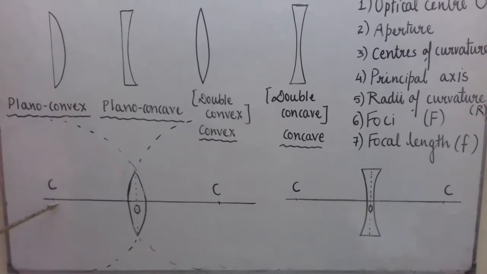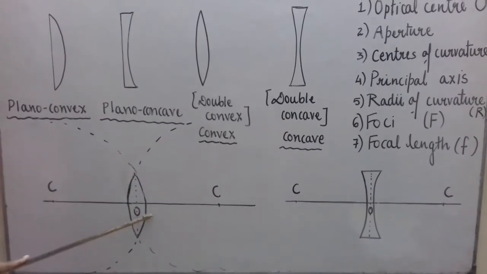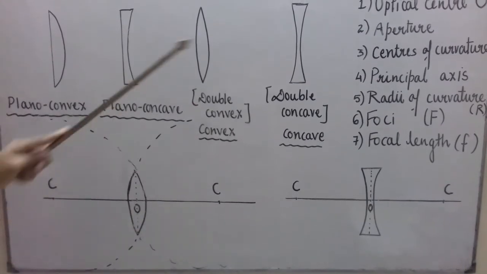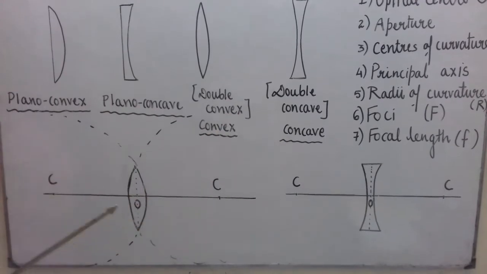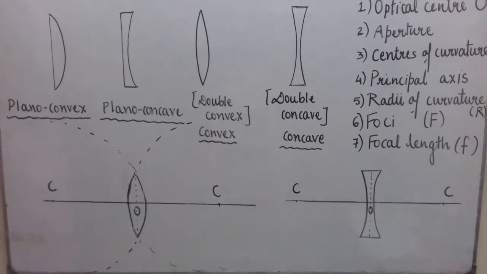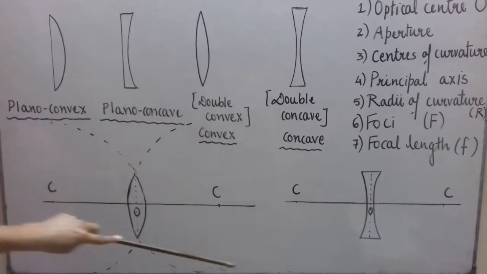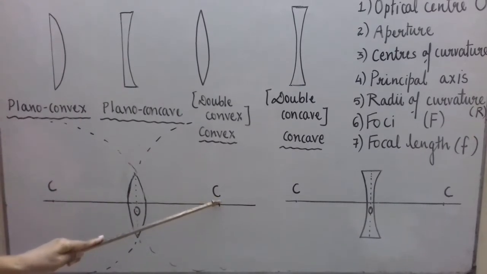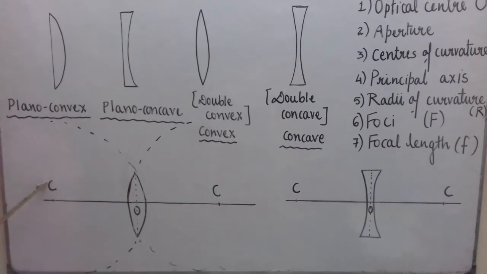So these two centers of the solid glass spheres of which the two refracting surfaces form parts are called centers of curvature of a lens. So in this case, when we are talking about convex and concave lens, there are two centers of curvature. See, this is a part of this sphere. The center of the sphere is its center of curvature, and this part of the lens is a part of this solid glass sphere which has this center, and so it is again the center of curvature of this lens. So we can say this lens has two centers of curvature.